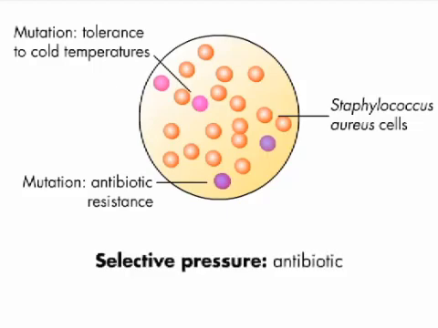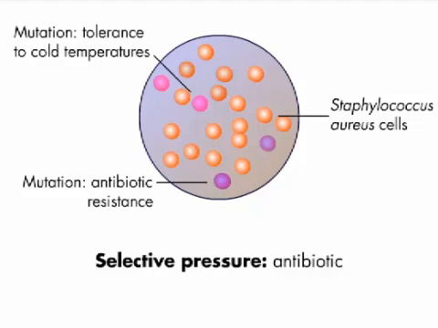Now let's see what happens to our mixed population of non-mutant and mutant organisms if we add an antibiotic to the environment. By adding an antibiotic to the environment, we are exerting a selective pressure that favors those mutant organisms that already possess the gene, or sometimes genes, for resistance to that particular type of antibiotic. In other words, the antibiotic-resistant mutant organisms now have a selective advantage over the other organisms.